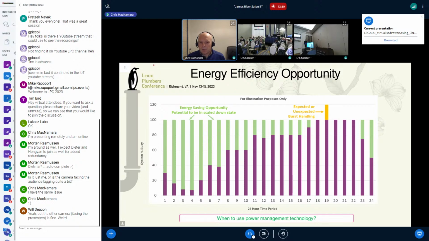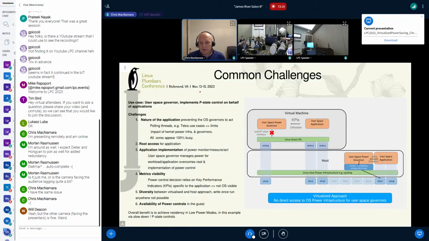But ultimately, we see a mix of adoption of power management technology. So for example, during times of peak, we can use technologies like Turbo Boost, and during times of off-peak, we have opportunities to use C-states, P-states, etc. And I think the most important point here from a telco space is that it's a fixed dimensioning. So what you get is a set of servers locked in, and they're always on. They don't tend to scale in and scale out compute resources. So that brings opportunities for power management.